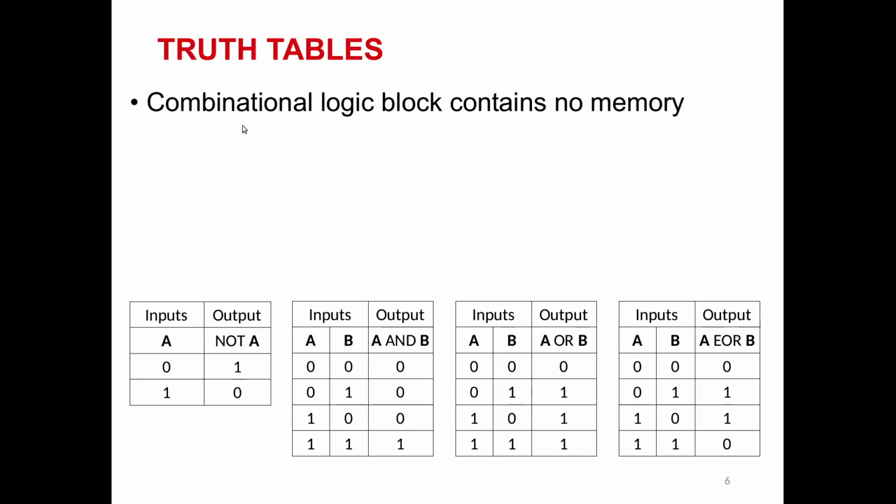Next, we will go to the truth table. As we have talked before about combinational logic, that is the logic block that has no memory and does some logic function. That function can be shown by a truth table. You will have the inputs and the outputs for the truth table as shown here. For the inputs, you list all the possible inputs and then you list the result or the output of the function.